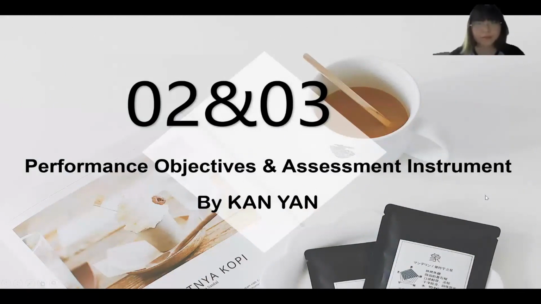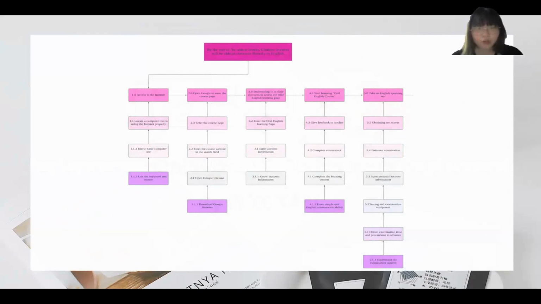Hello everyone, I'm KANYAN. I'm talking about the second and third parts of teaching performance, objectives, and evaluation tools. First, we can see our overall goals and 6 different performance objectives and different small steps. We can now see how the performance objectives and the evaluation tools